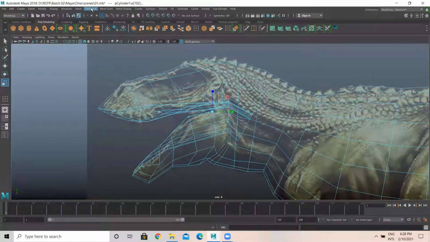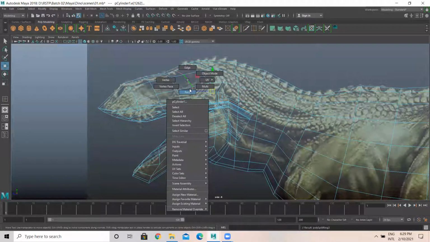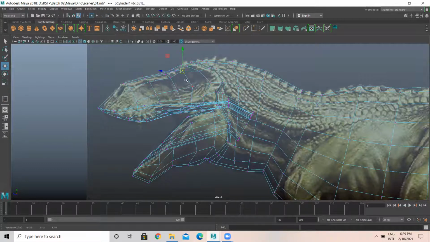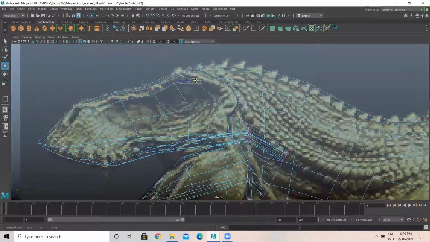Then I'll be adding one edge loop here, actually at the center of the eye part. Okay. Then after this, I'm selecting the vertex. I'm placing it here, this here, like this here, like this.